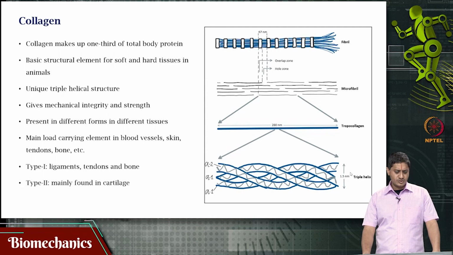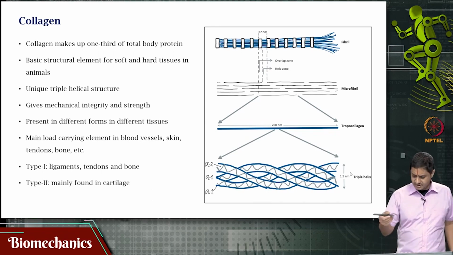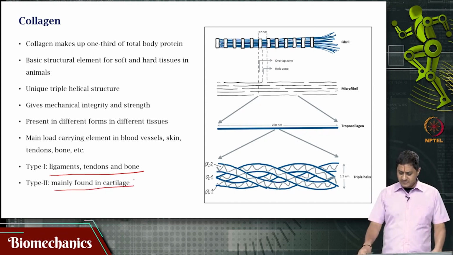Only type 1 and 2 are mentioned, but it also comes in other types not mentioned here. Type 1 is found in abundance in ligaments, tendons and bone. Type 2 is mainly found in cartilage, and here